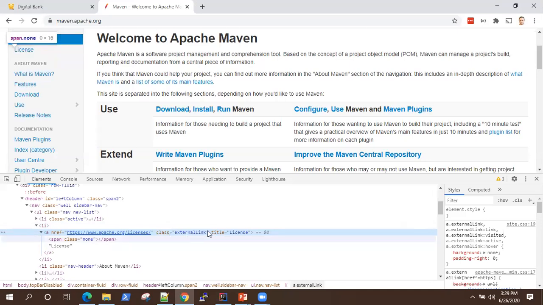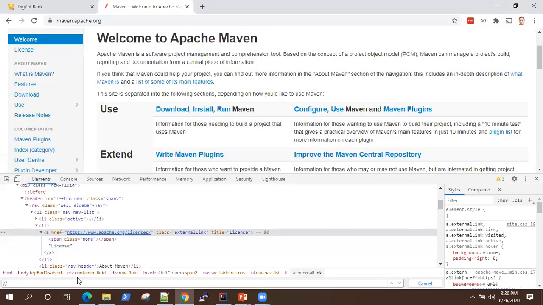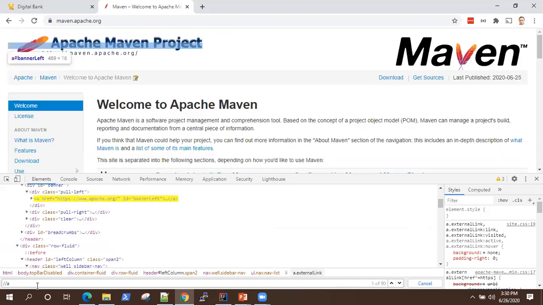So let's see now what we can use here. I will use the same features link. So I will try to get the license of this particular Maven page. So let me construct the XPath for this. Now I can directly copy it also from here, but I want to use the XPath so that it can identify the element using the text of this particular link. So we'll do this, and then I will use text,